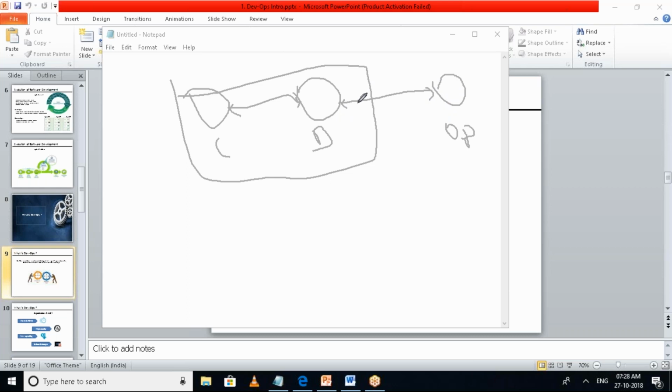So the first and foremost thing is the development team. In a developer team, you might have a number of developers, and each developer is making their own code based on the tasks that have been assigned as per the requirements.